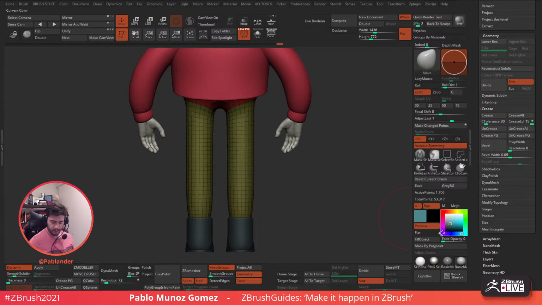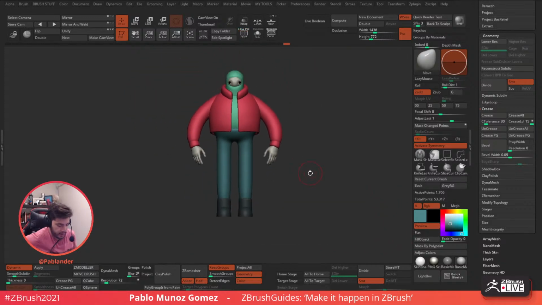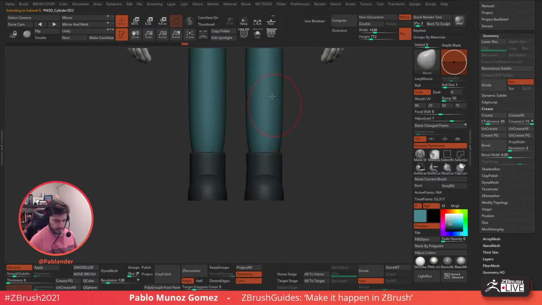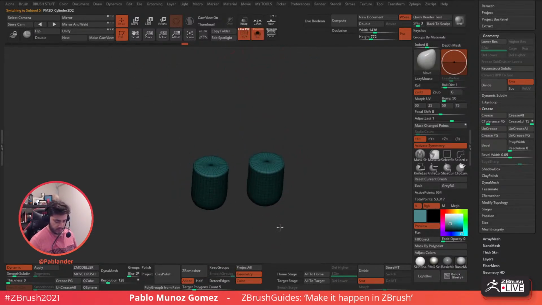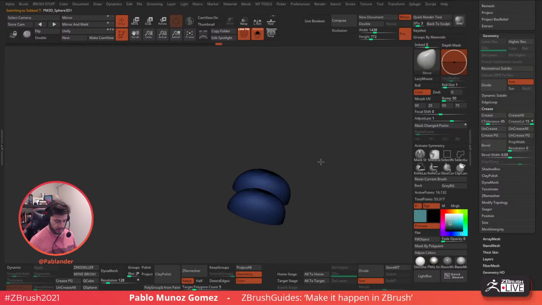Can enable dynamic, fill object. All right, so we have our character almost ready. This one has a pretty decent topology as well, so we don't have to do much with this. And this one